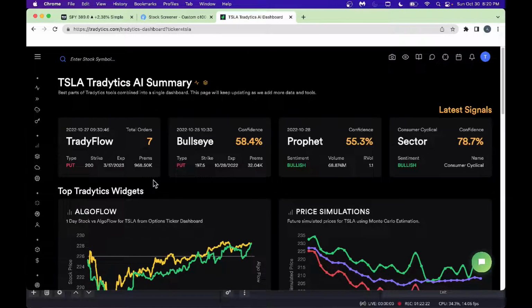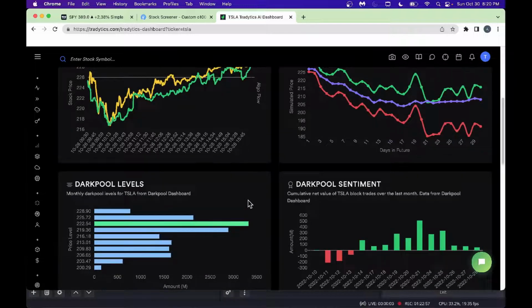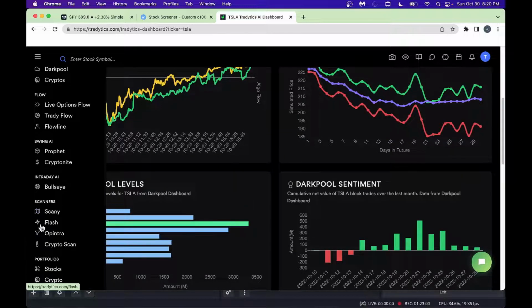Look, there's a nice bullseye. You could really buy a put option here, and you could play along with this and go from there. I think they're trying to visualize and make some sense out of it. Look, right now calls are going higher. As you can see here, there's the blue line, the algo score, and then right here the stock price. Look, the algo score is going higher. That tells you it's bullish. Tesla is bullish right now.